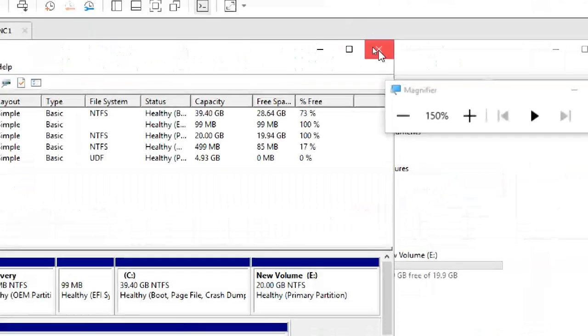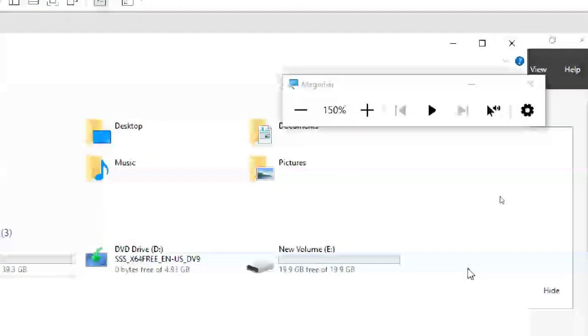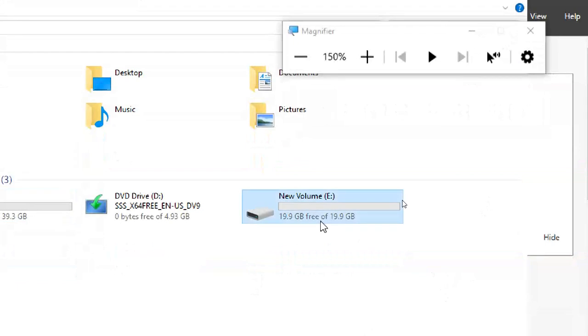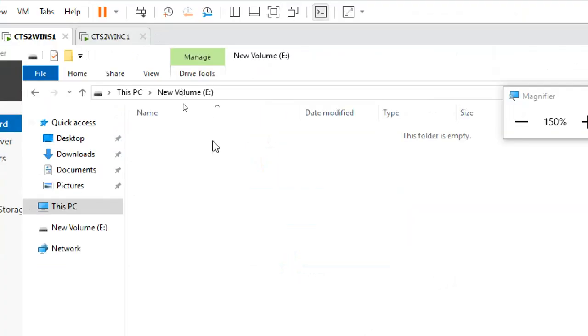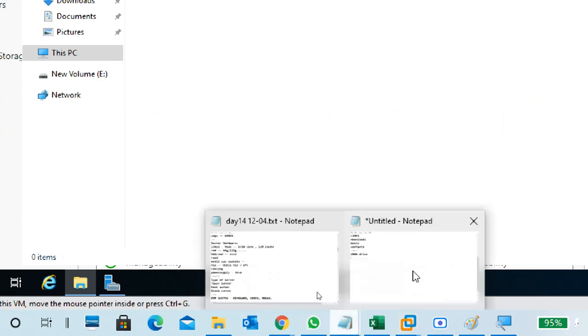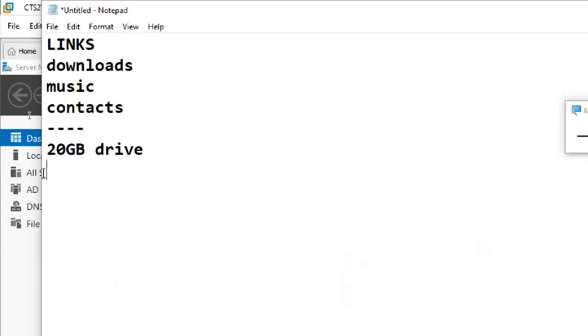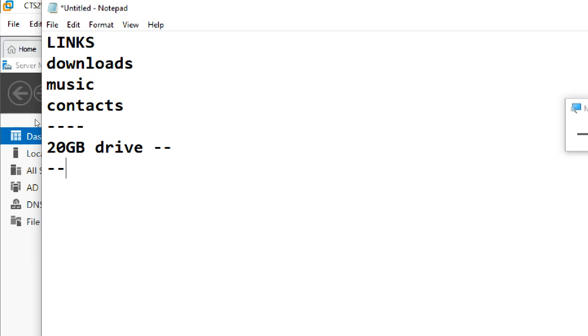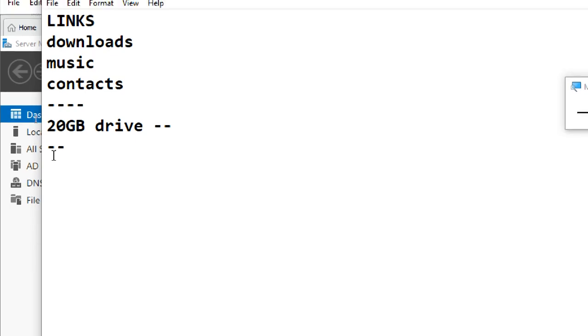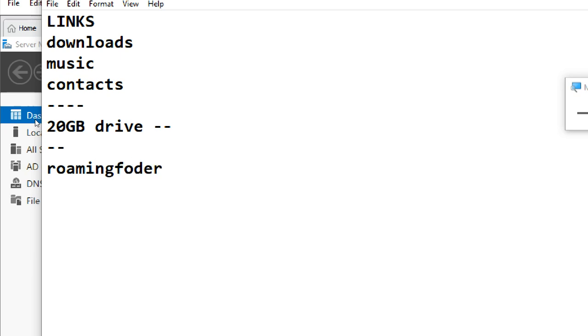So the 20 GB drive is created. Very good. Next, I went to the E drive. Now I'm going to create a profile first. I created a 20 GB drive. Now what do I have to do? First I have to create a roaming folder.